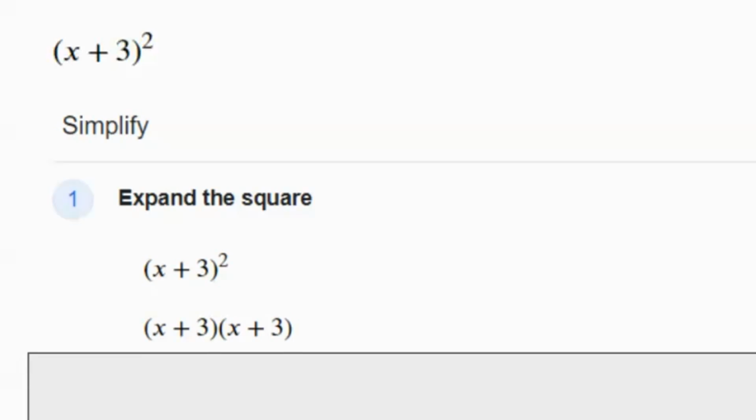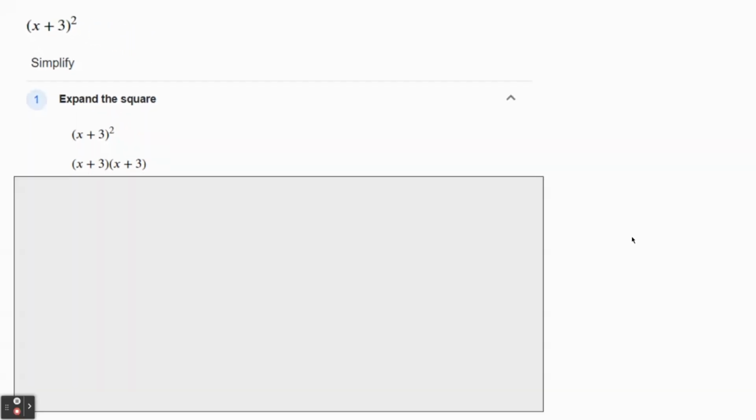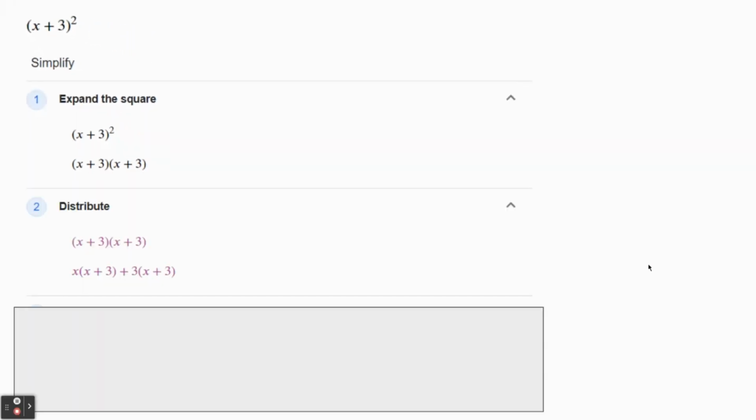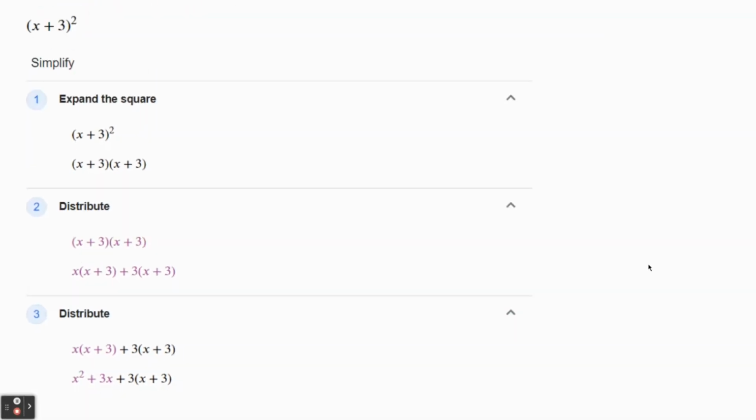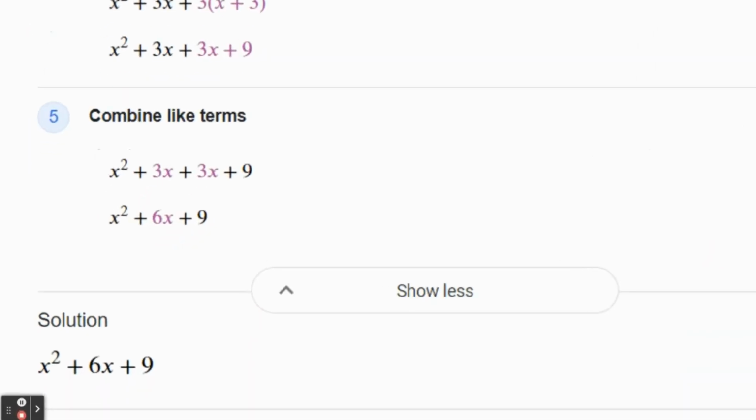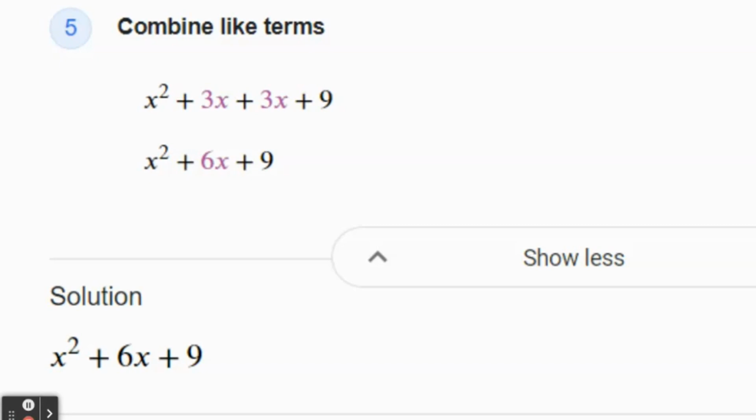If we have x plus 3 quantity squared, it's really x plus 3 quantity times x plus 3 quantity. If we distribute, we end up getting x squared plus 3x, and that combines in the middle to 6x. And so our final solution for this is x squared plus 6x plus 9, which means that that is a